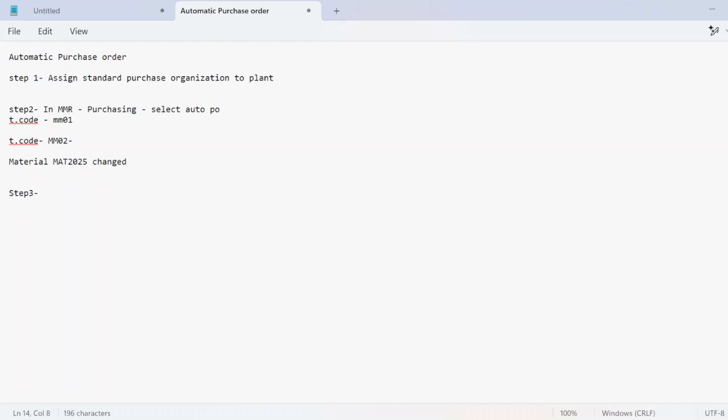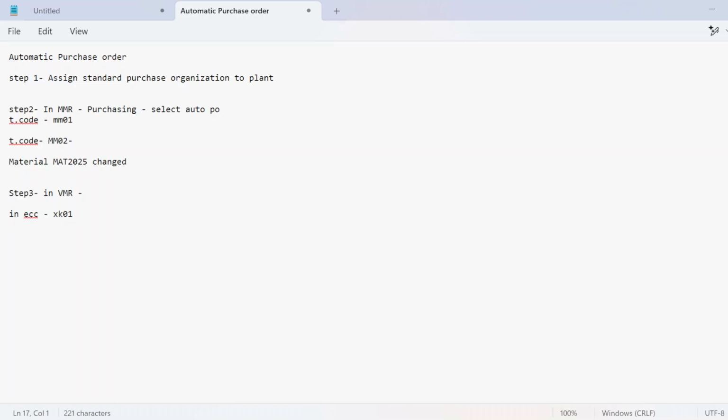In ECC, in the vendor master record, we need to select auto PO in purchasing view. In ECC, the T code is XK01 to create and XK02 to change.